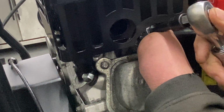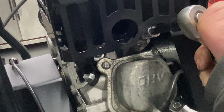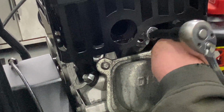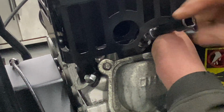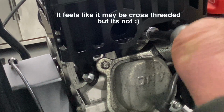I'm not a fan of the LCT engines whatsoever. I actually don't mind the China motors, but this is one I don't like. All right, well it was stuck, but it came unstuck and it's actually unthreading. I hope. It feels tight, but